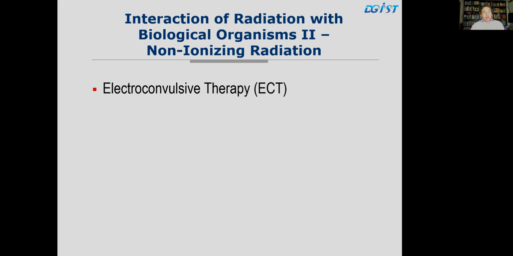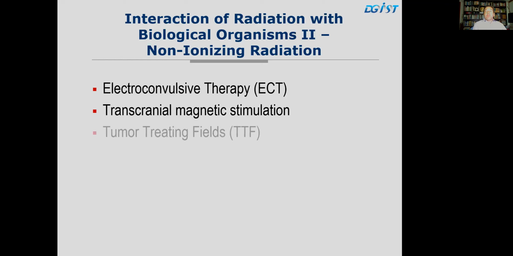In today's lecture, I want to talk about some of the present applications so that we understand the current context. So one of those present applications is what's called Electroconvulsive Therapy, ECT, which is used to deliver electromagnetic waves in the context of psychiatric disorders. And we'll talk about that. Another related approach is transcranial magnetic stimulation, using magnetic waves, magnetic fields alternating to create electromagnetic changes at the target tissue.